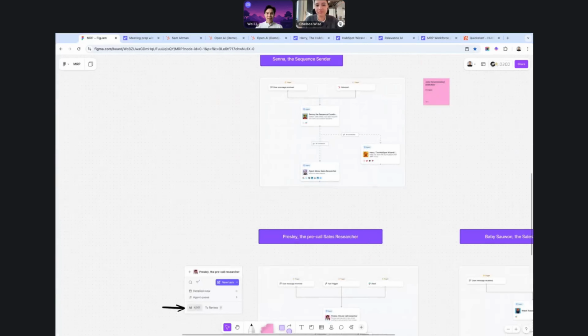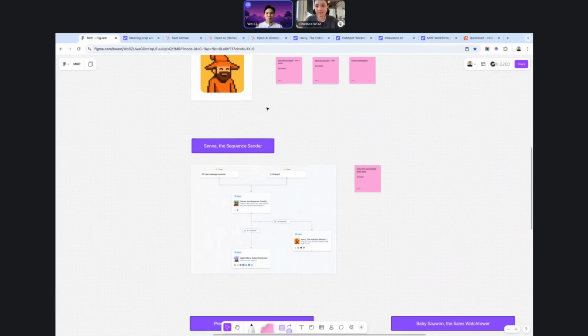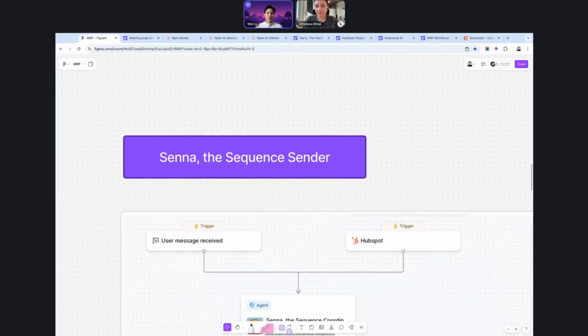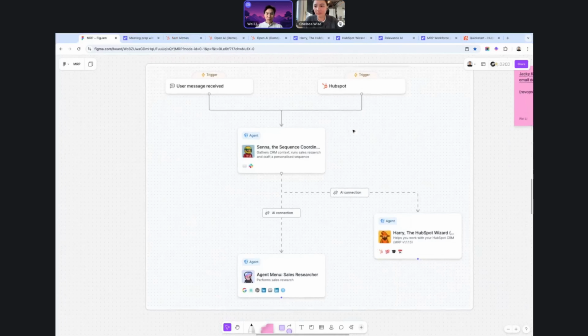So let's actually have a more practical look at where this lives in our CRM and in our processes. Now that we've seen what Harry can do using that Sam Altman example, we can also see that it is, at the end of the day, just a component in many of our future agents.